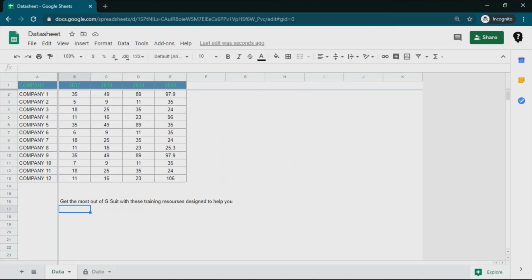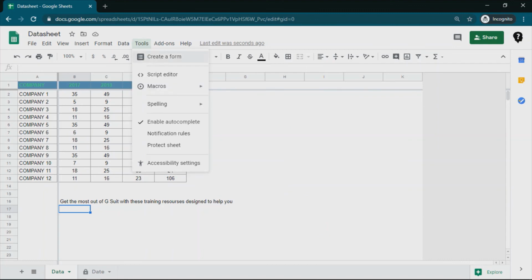So these are the different commands organized in the tools menu. I hope you have understanding, and basically in terms of the notification rule, this is quite important from the tools, and spelling.